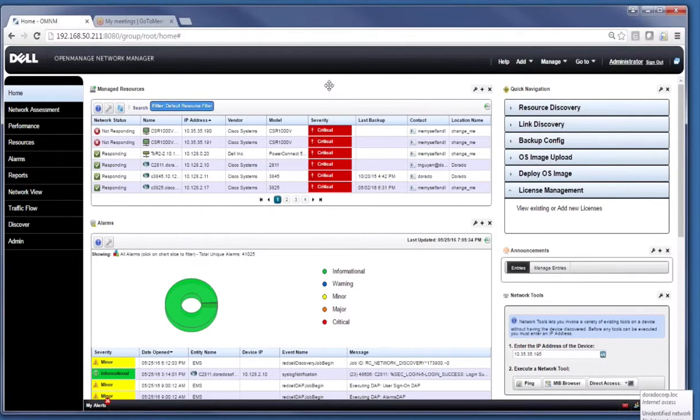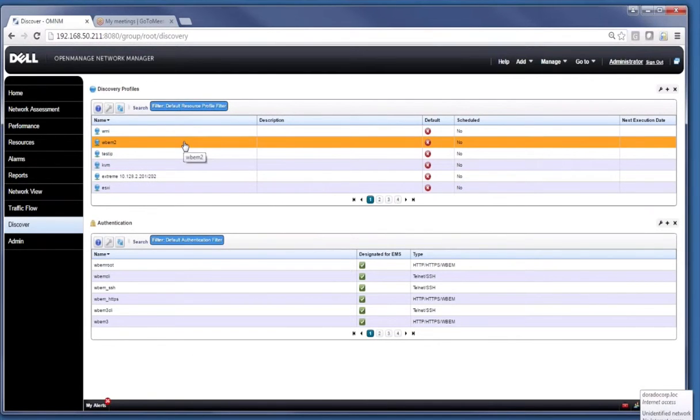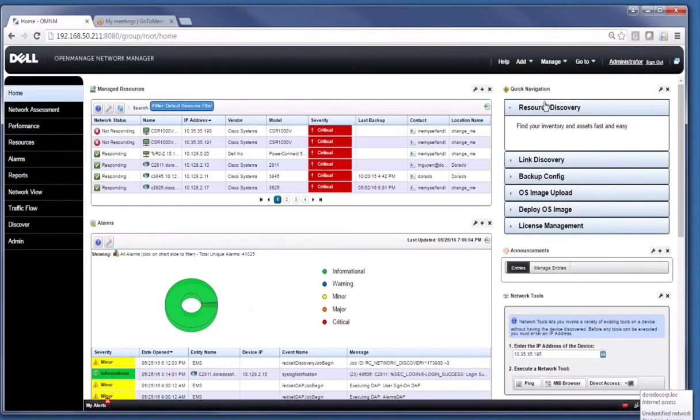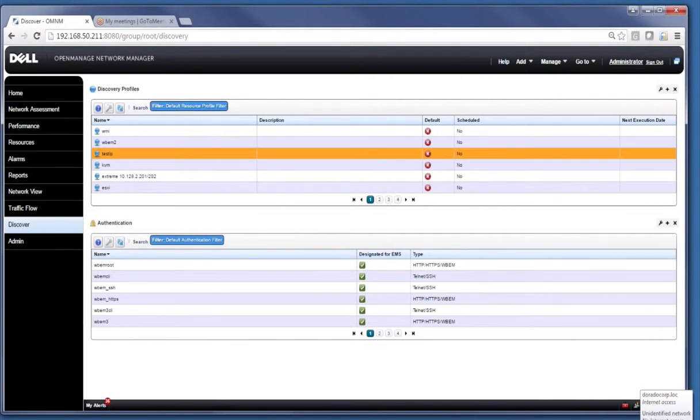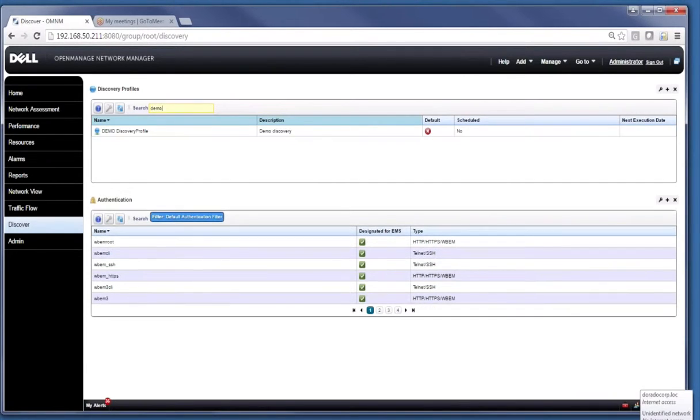Okay, that was a brief overview on the license. Let's go into the discovery profiles. So to create a discovery profile, well, first I should start off, there's a couple of ways to discover. There is the homepage discovery for a quick discovery, resource discovery over here, and then there's the discovery profile manager. It's as simple as right-clicking in new and creating a new one. I'm going to show you one that I've already created, and we'll walk through some